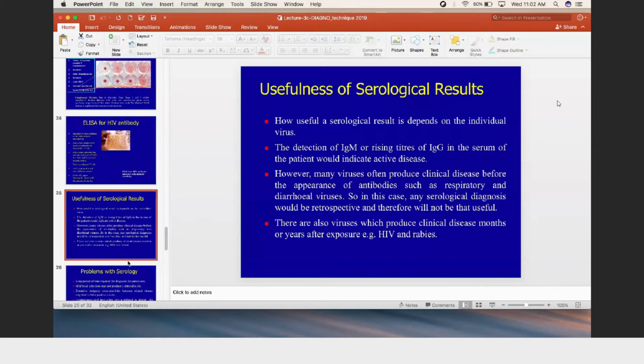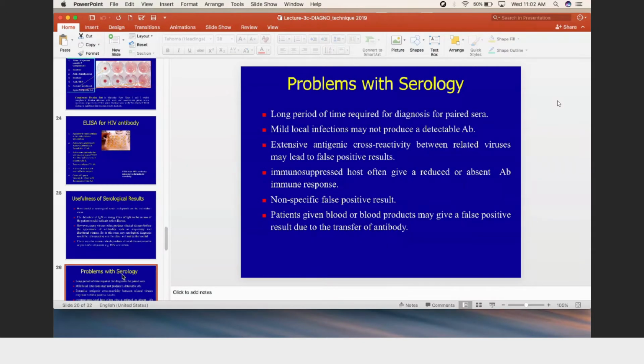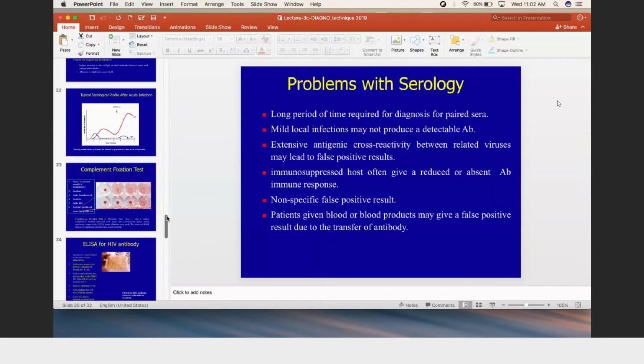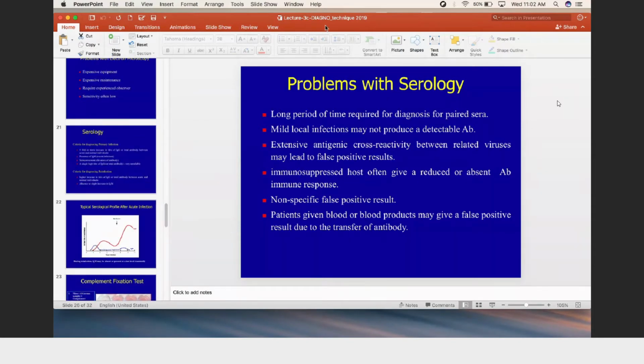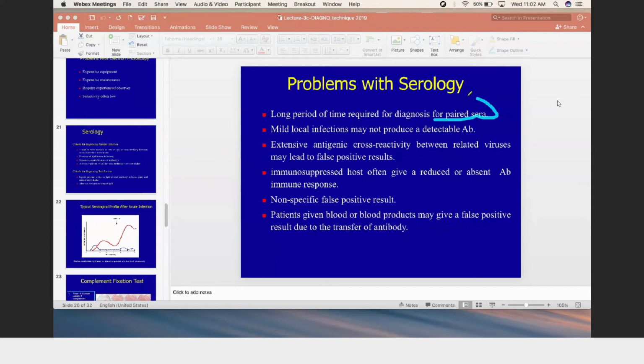Recent disease, okay. And then the problem with serology: a longer period of time is required for diagnosis. Okay, hang on, there is a terminology here. What is this? PET sera. Remember this. What is PET sera? What is a PET serum sample? So normally, okay,